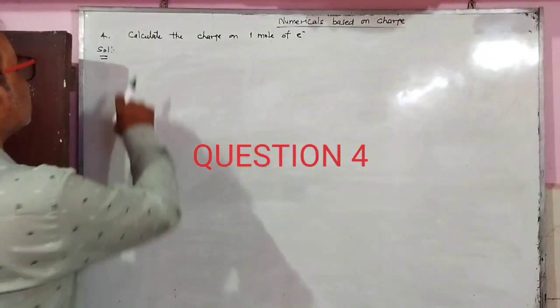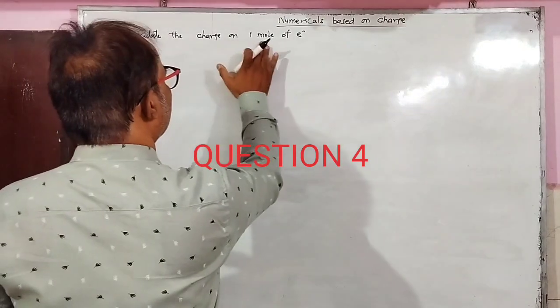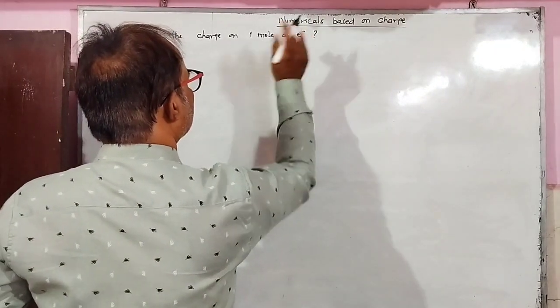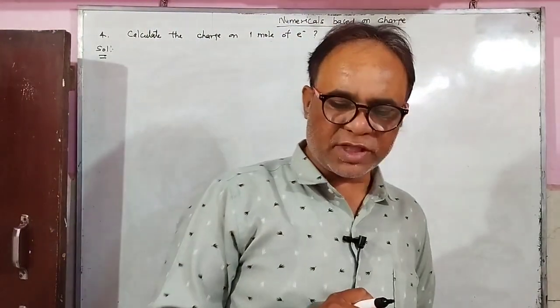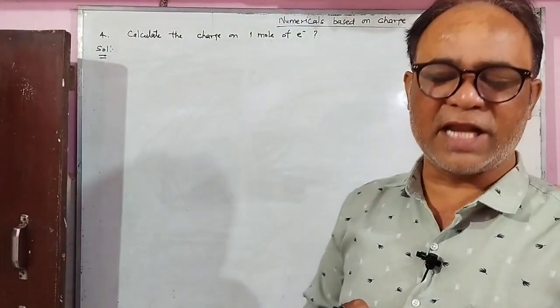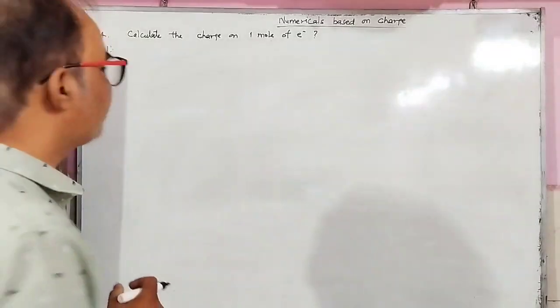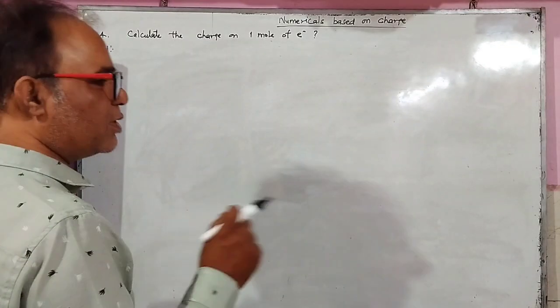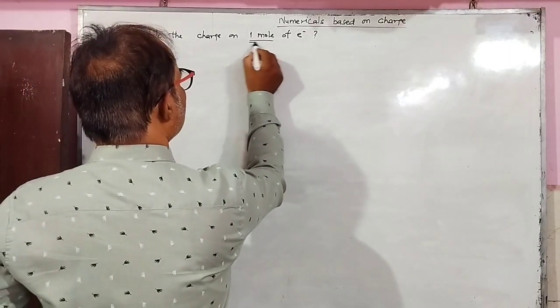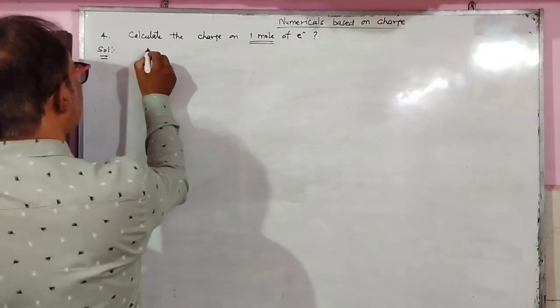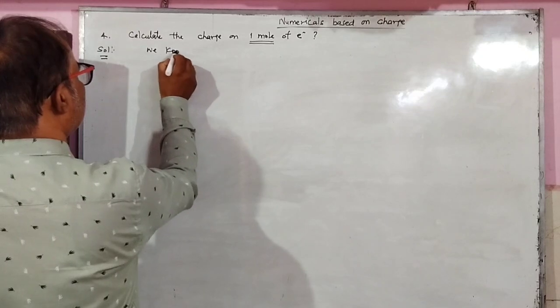The next question is, what about the charge on 1 mole of electron? This question is asked in electrostatics, as well as this question keeps a lot of importance in the case of electrolysis. Let us solve this. Calculate the charge on 1 mole of electron. That means, first of all, we should know 1 mole. We know that